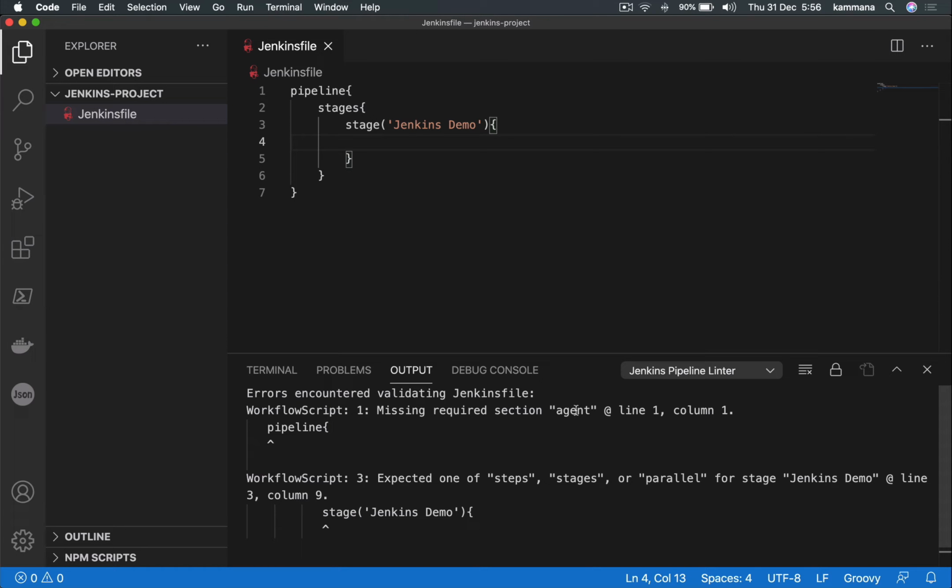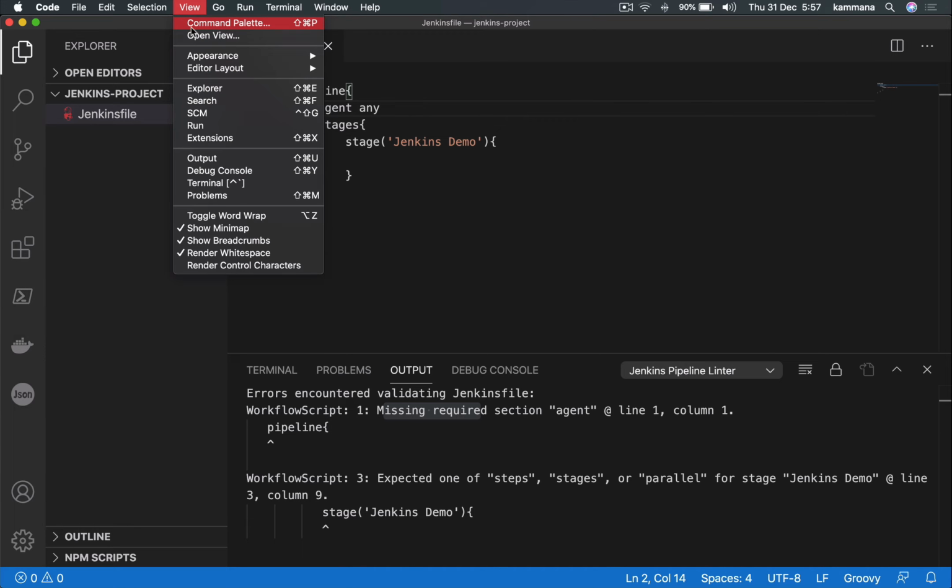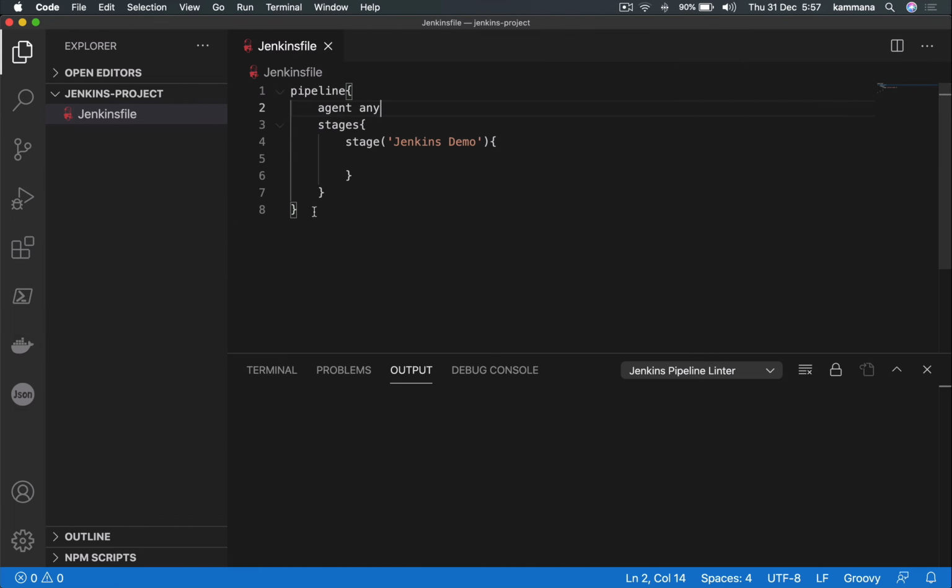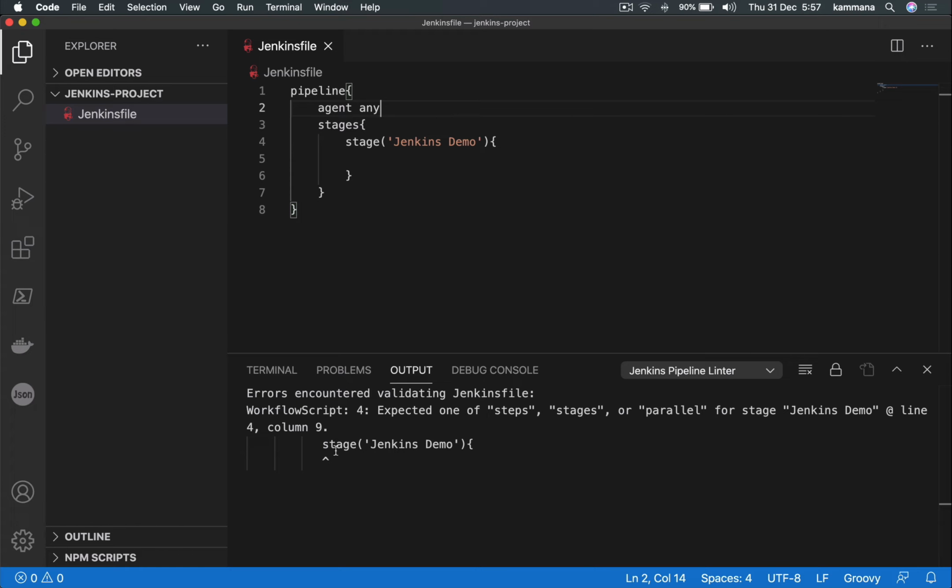So it's expecting agent, missing required section agent. Let's go and run again. Now it's expecting steps or stages or parallel blocks inside this stage. So put steps.